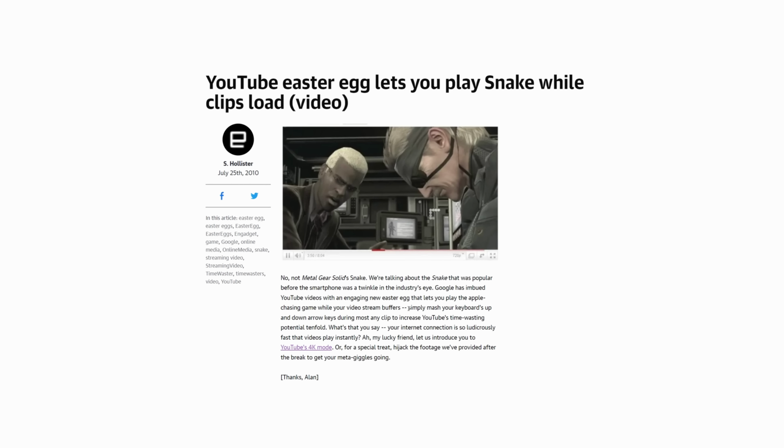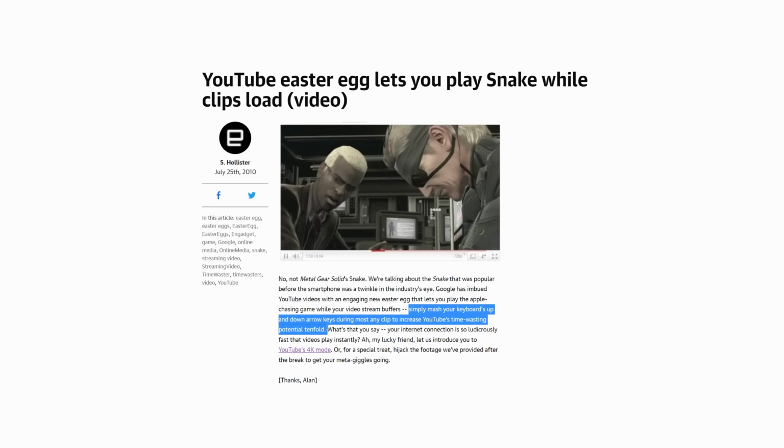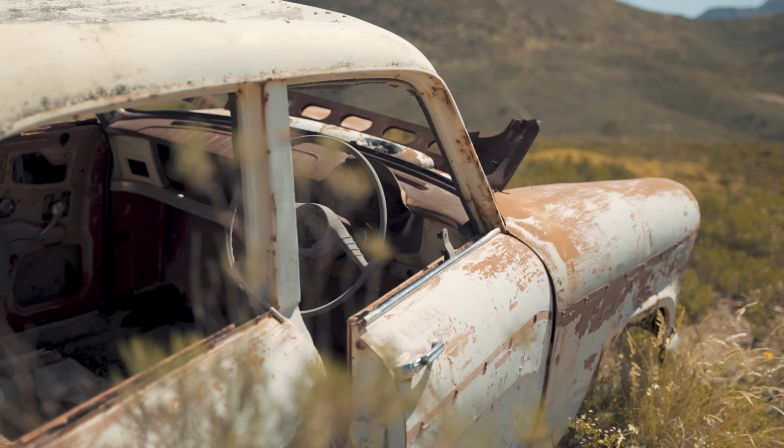Sometime in 2010, someone noticed that a snake game could be activated within the YouTube video player simply by messing around with the arrow keys while the video was loading. This, of course, was during the Flash-based video player era. When YouTube made the transition to HTML5, the snake game was shown the door, just like so many other Easter eggs on this merciless platform that came before and after. F's in the chat.